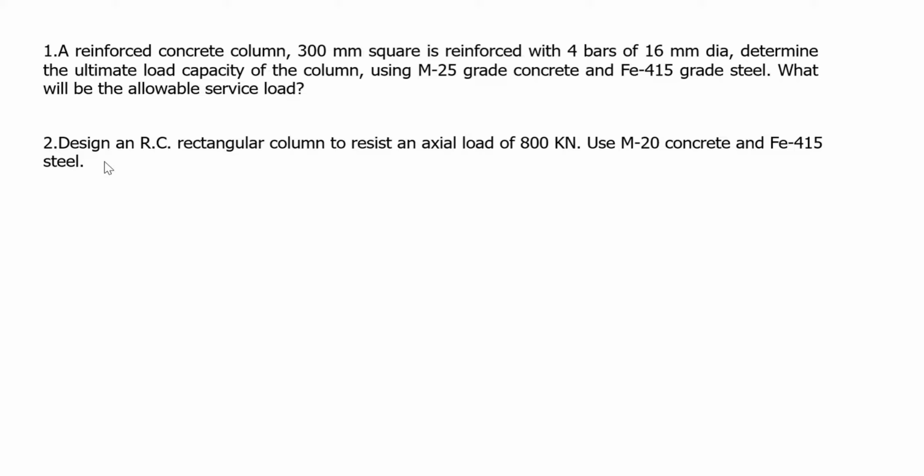The other thing you can find from the area required. Dividing by one of the sides, you will get the other dimension required. And you can start with the Asc minimum, as you know, for a column is 0.8% of the cross sectional area, and Asc maximum is 6% if lapping is not provided, and 4% if lapping is provided. So you can assume an area of 1% of the cross sectional area. So based on these data, you can start designing.